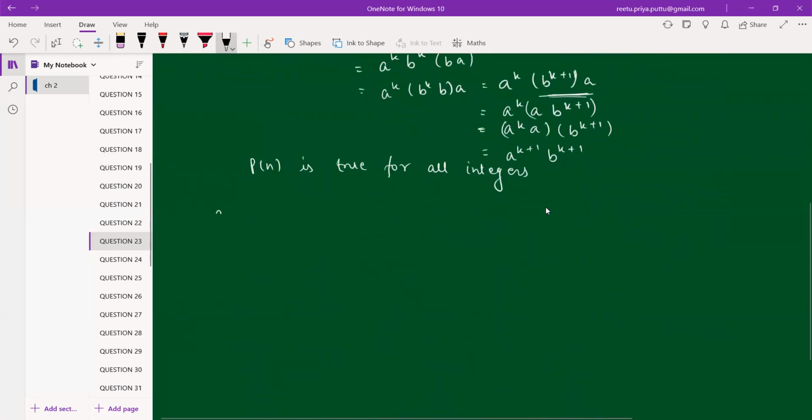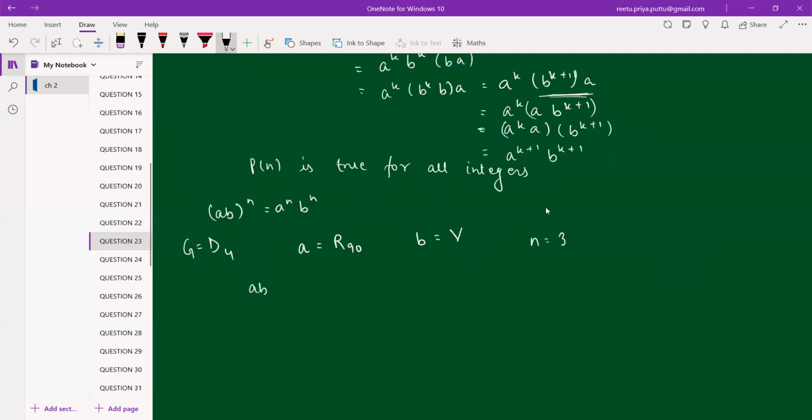Okay. So we have to show this for non-abelian groups. Is it true or not? So what we will do, consider D4 as a group. So G is equal to D4, the dihedral group with 4 elements, or you can say symmetric group with 4 elements. Now I am considering A as rotation by 90 degrees, and B as vertical reflection, and N I am considering as 3.